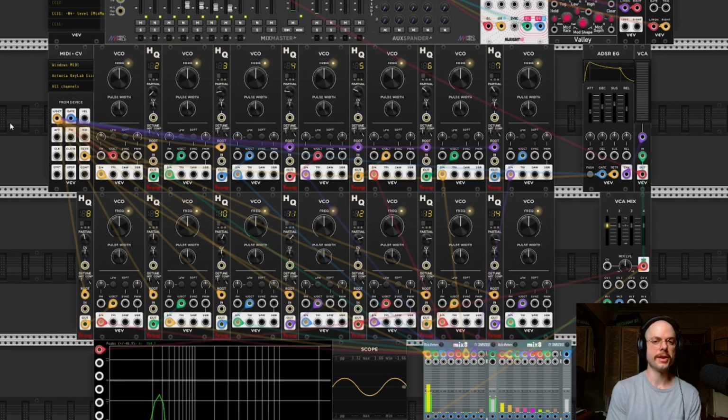I'm here with another lesson in my little intro to modular synthesis series using VCV Rack. So, in the last lesson, we talked about subtractive synthesis and some basics for setting up VCV Rack to use a MIDI controller, things like envelope generators. If you're not sure what some of that stuff is, I would check out the first lesson because I am using that here. This lesson, we are going to talk about additive synthesis,